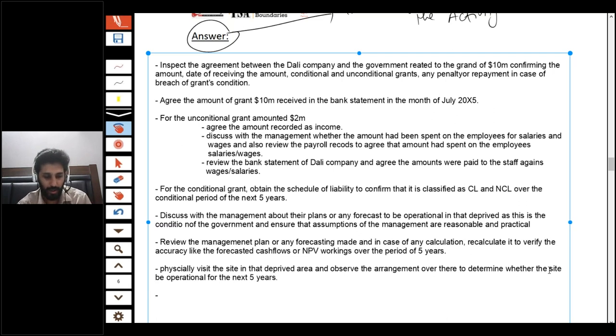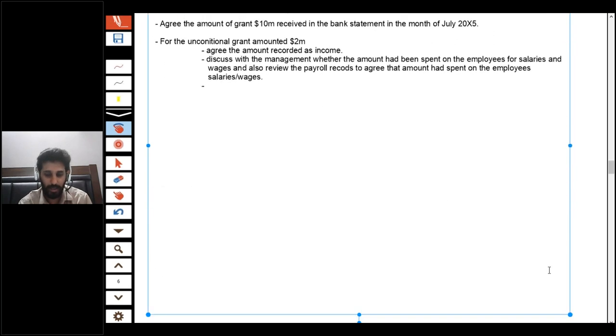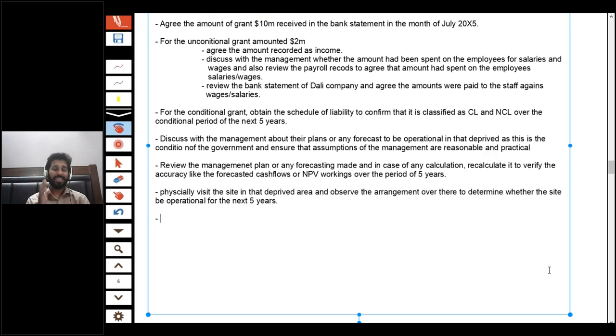Now, one more important thing. Listen, students, one more important thing which I'm now going to tell you. For every accounting standard, there is a disclosure. You must inspect and read the notes to the accounts in order to ensure that disclosures are completely made in accordance with IAS 20 requirements. So you should write wording like, review the adequacy of disclosures in the notes